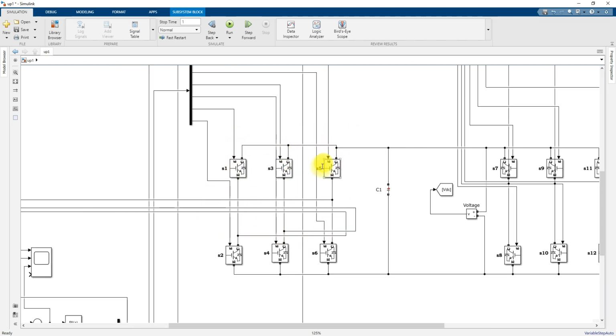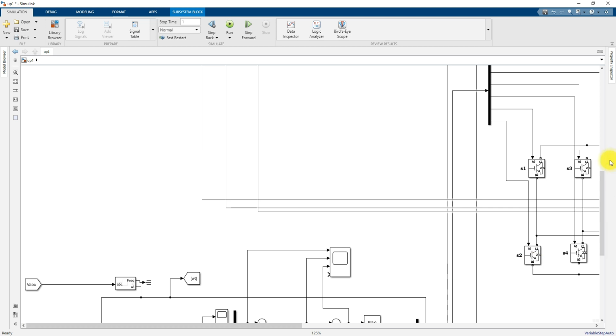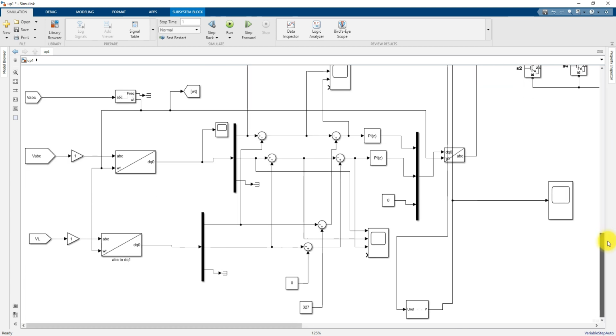So here we have the series active power filter inverter. This inverter is going to be controlled by means of DQ0 control. So here you can see the control logic of DQ0 in the series active filter in the UPQC. We need to measure the source voltage and load voltage, and it is going to be converted into DQ0. So here we have to use a PLL for generating omega t. This is going to be given to the ABC to DQ0 block in order to convert ABC to DQ0,